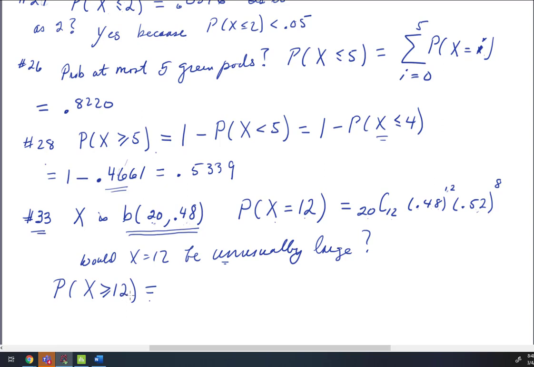Well, we could do it by hand, but if we're going to use a cumulative probability, the cumulative probability is not greater than or equal to, it's less than or equal to. So I could write that this is equal to 1 minus the probability that x is, now what's the complement of greater than or equal to 12? The complement would be less than 12. But x is a discrete random variable, so I would write that this is 1 minus the probability that x is less than or equal to 11 is equal to, now let's go back to Minitab,